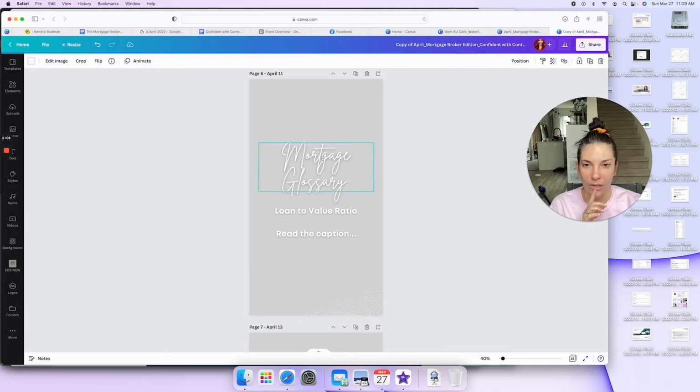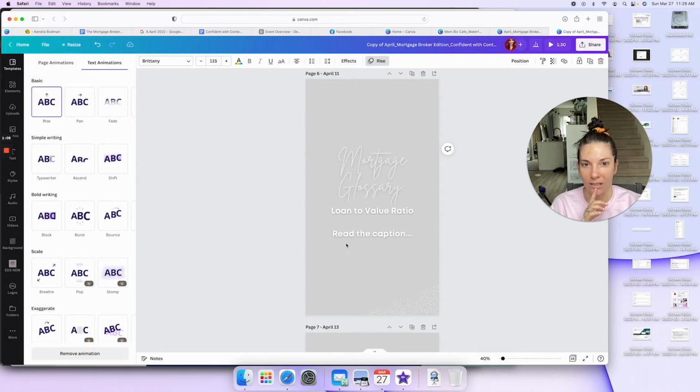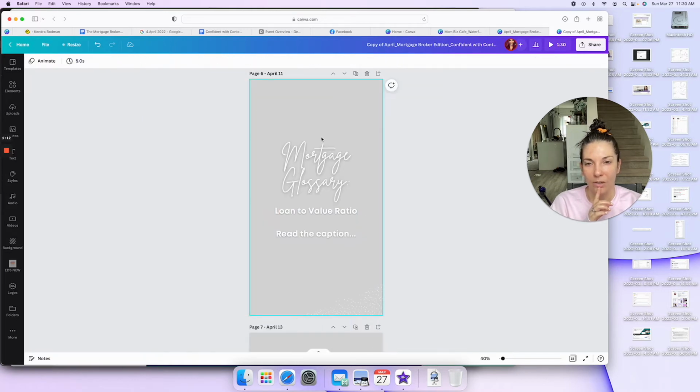So there's a couple ways you could do it. We definitely want to animate in the text. So you're going to click on the text, and it doesn't really even matter which effect you choose. You could download it like that. But what I like to do that makes it look a little more catchy when you're scrolling Reels